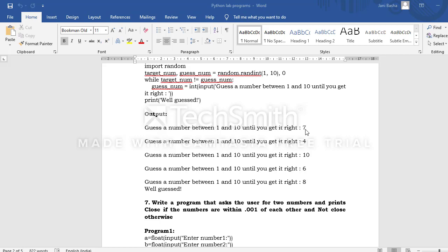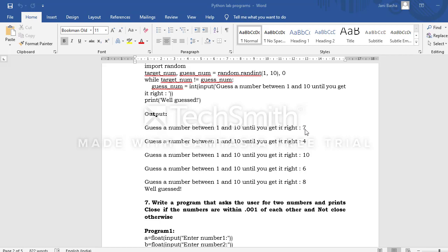In this particular output, you can observe that first I entered 7. 7 is not the correct number which the program generated. So I entered another number, 4. 4 is also not the correct number.